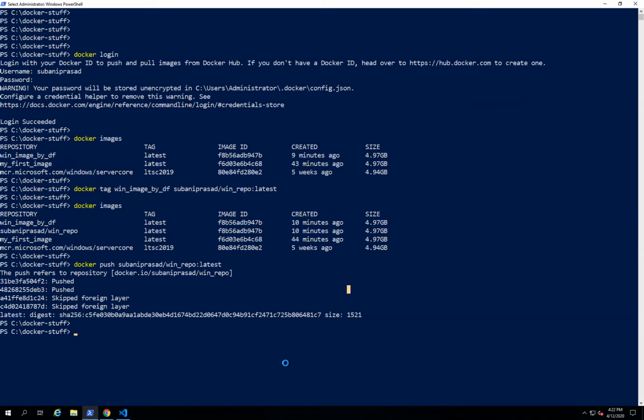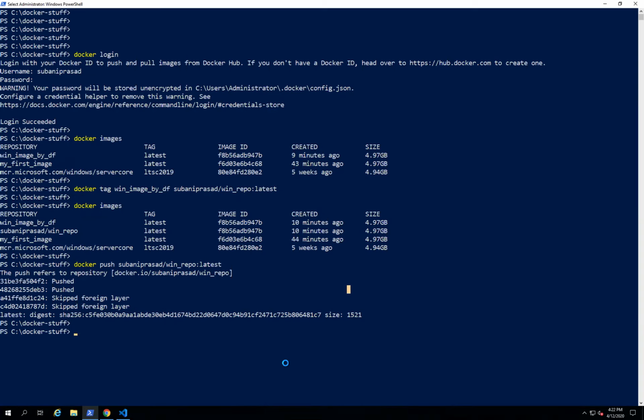That means when the Docker container is deleted, whatever data you have stored inside the Docker container is going to be deleted. If you want to host your production applications inside a Docker container, you should have a persistent volume, persistent storage concept if you want to utilize Docker to host your production applications.